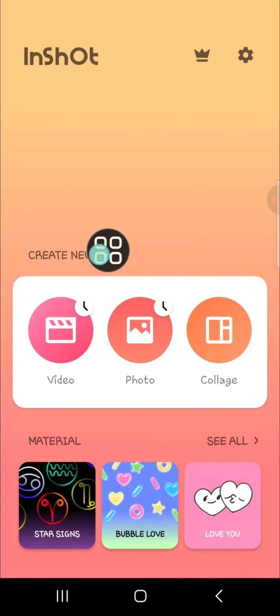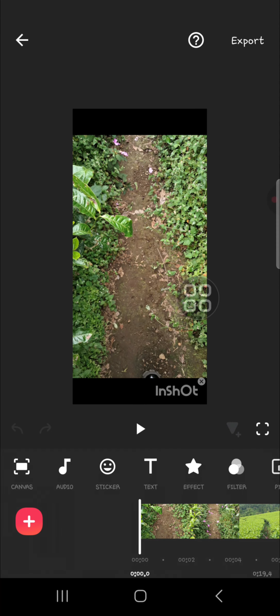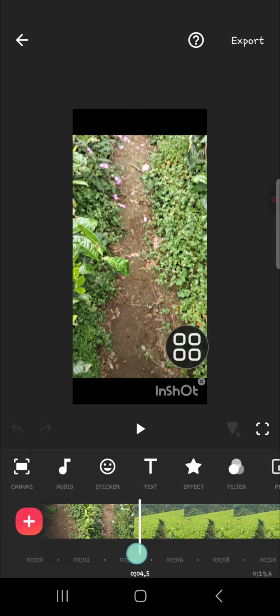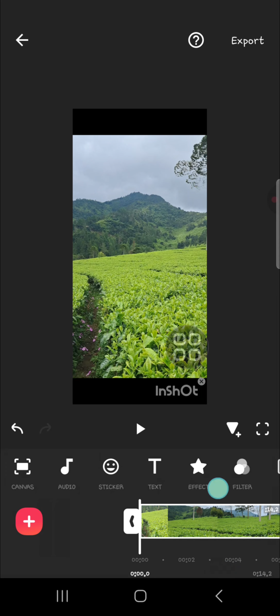We can select video and then select new, and then you can import your video, your YouTube video, or the video you want to upload to your YouTube channel. I'm going to pick a random video from my device. For example, I'm just going to choose this one. Let's say I'm going to upload this video to YouTube, but wait,